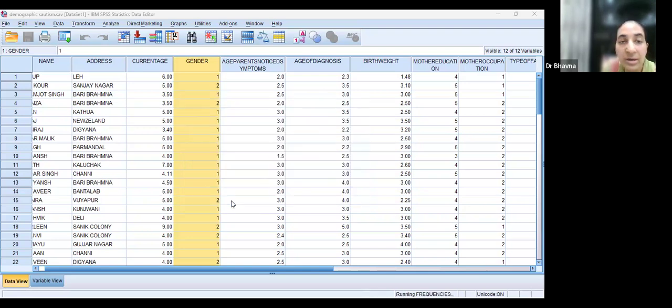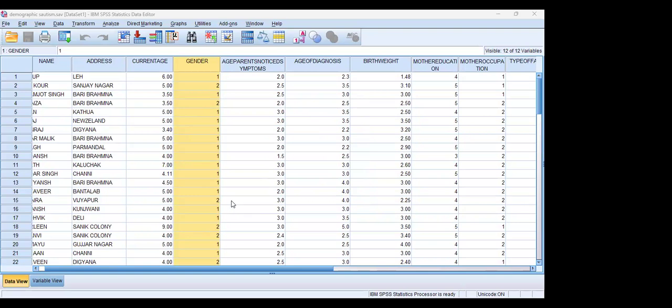See what it does for you. See, we don't have to do anything. SPSS is drawing charts for you. See, males, females, there were 54 males and 16 females. Total row is also drawn. 70 kids, out of which 54 were males, 16 were females. The corresponding percentage is also calculated.